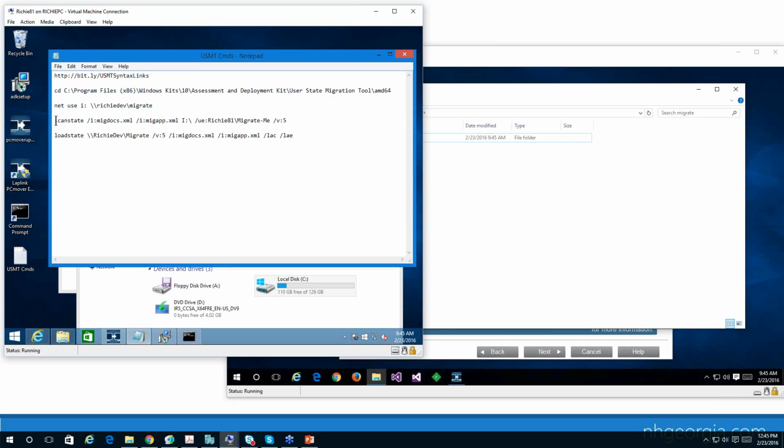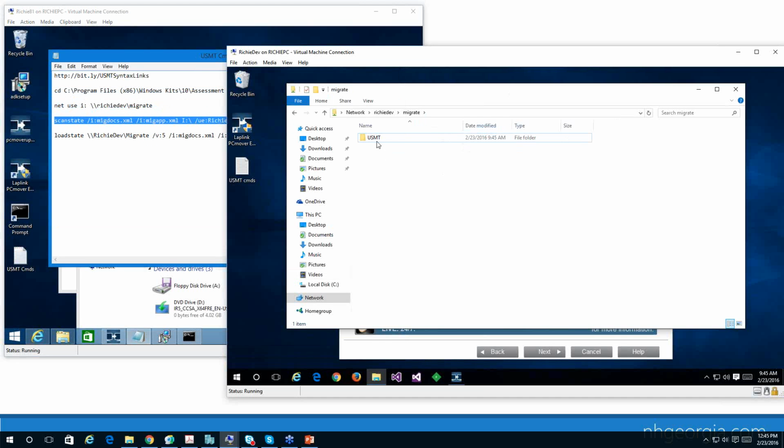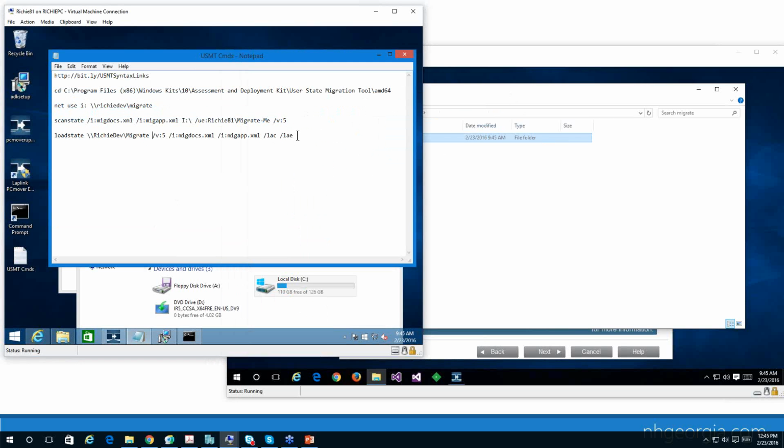And then once you got that scan state run, once all that data is transferred over, and it looks like I've got my user state migration tool folder back, and it will contain appropriate user state migration tool migration data when it's done, I will then end up running that load state option to be able to get this guy